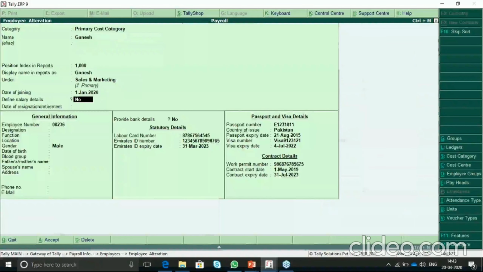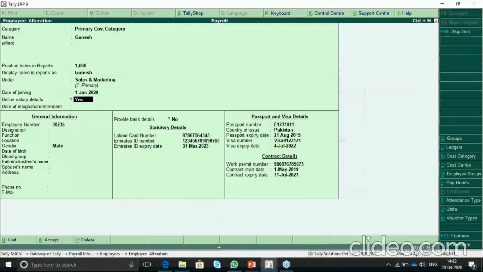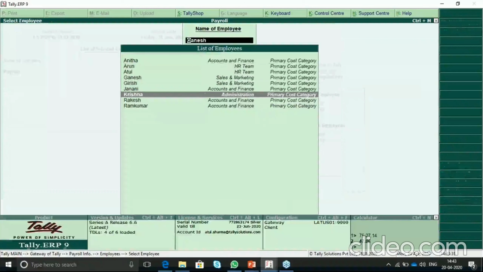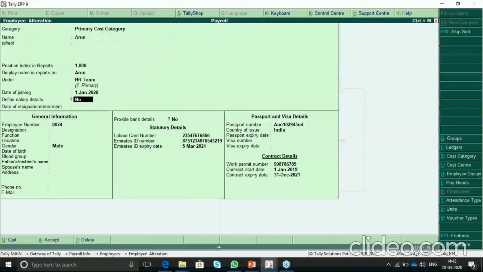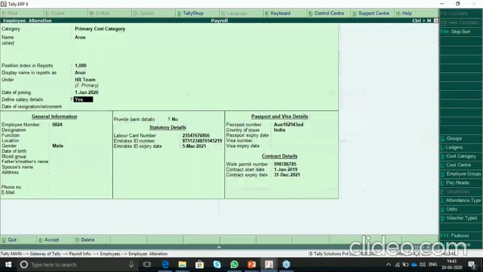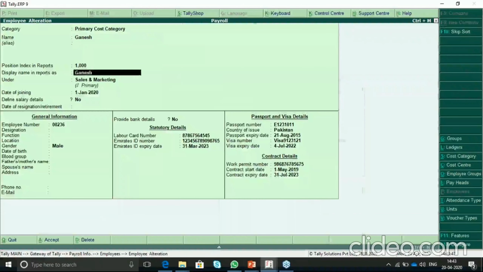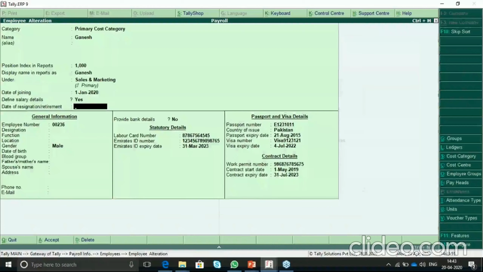For the other employees, other groups, account, HR, and administration, we have taken limited contract employees. In the gratuity, I have taken limited contract, but in sales and marketing, I have taken unlimited contract. So in that, I have selected the unlimited contract gratuity ledger and save it.